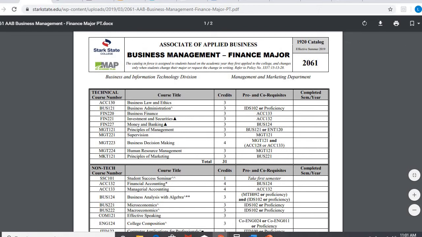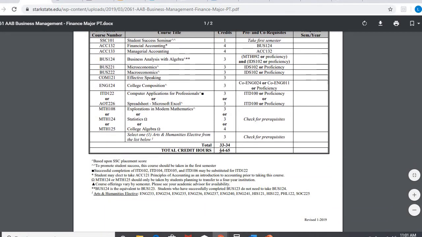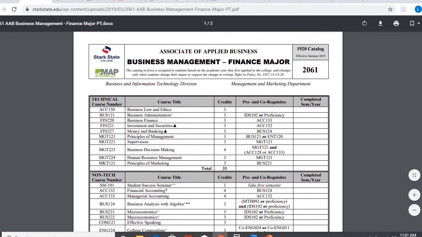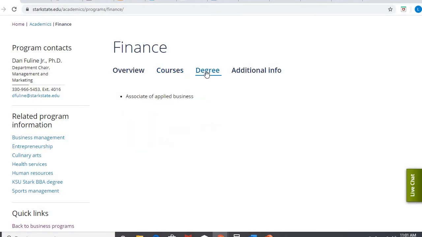Now, they tend to update these every year, year and a half to maybe add or take away some classes. But this will kind of show me, well, if I'm in this field, I can expect to have 64 to 65 credits by the time I graduate. So that's a really nice helpful resource to know. It can also tell you the degree that you'll be getting, and then if there's any